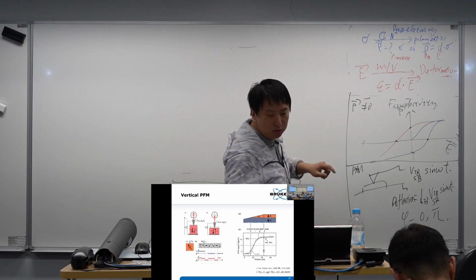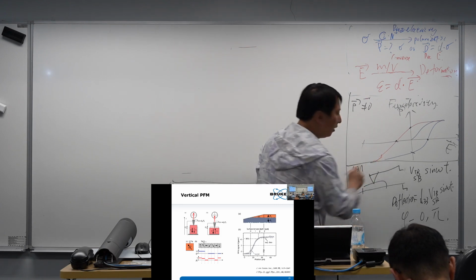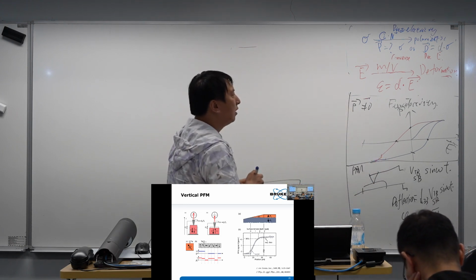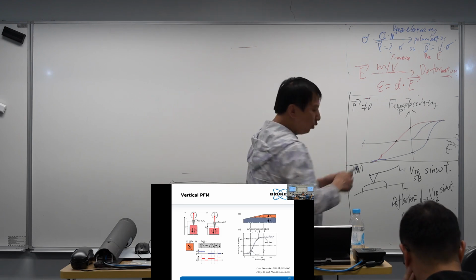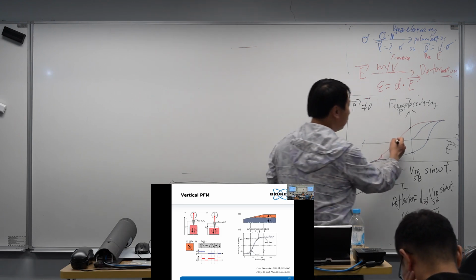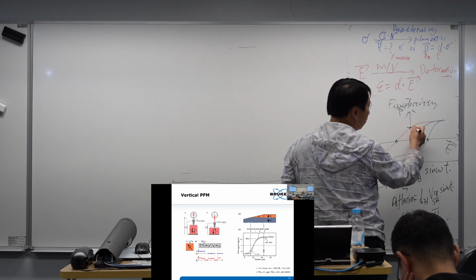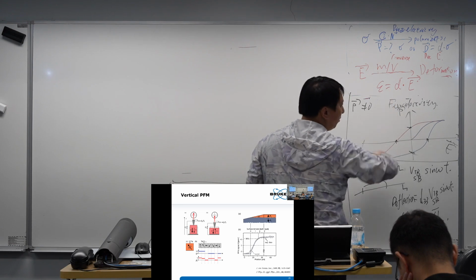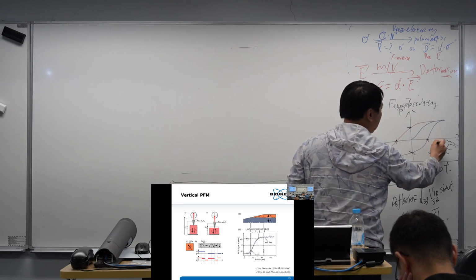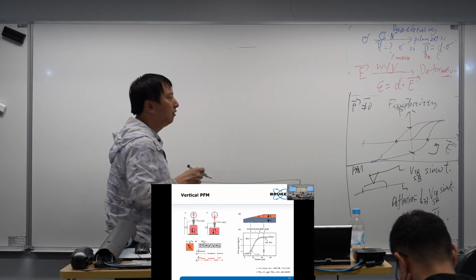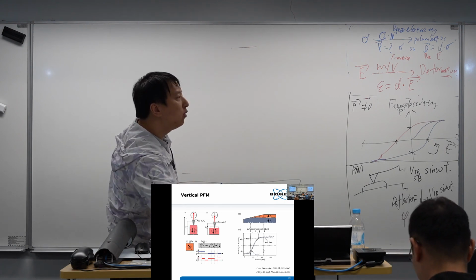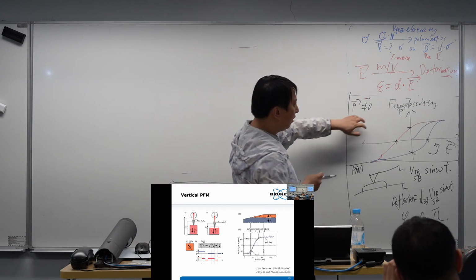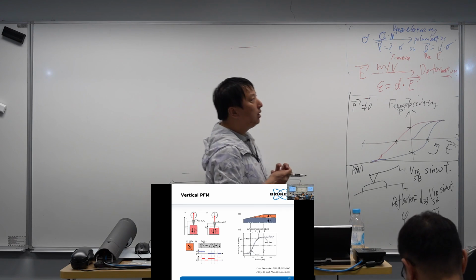And so it has these hysteresis loops. The hysteresis loops have four important points. It has two coercivities and two intrinsic polarizations. And these loops should be symmetric, and they should be counterclockwise. That's ferroelectricity. So if we want to study ferroelectricity at the nanometer scale, we will use the